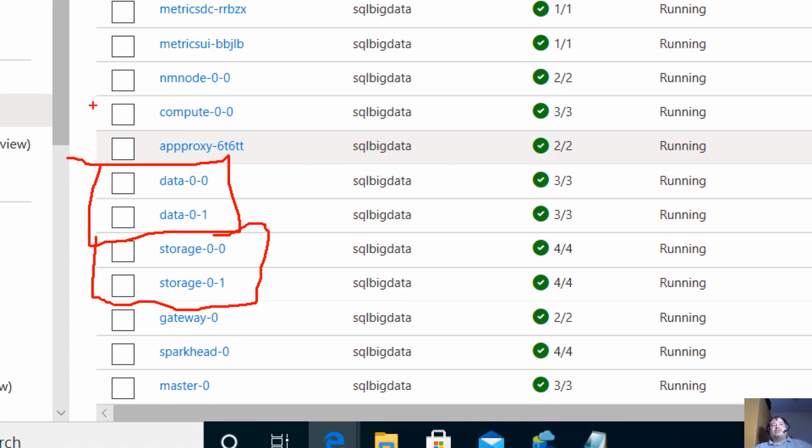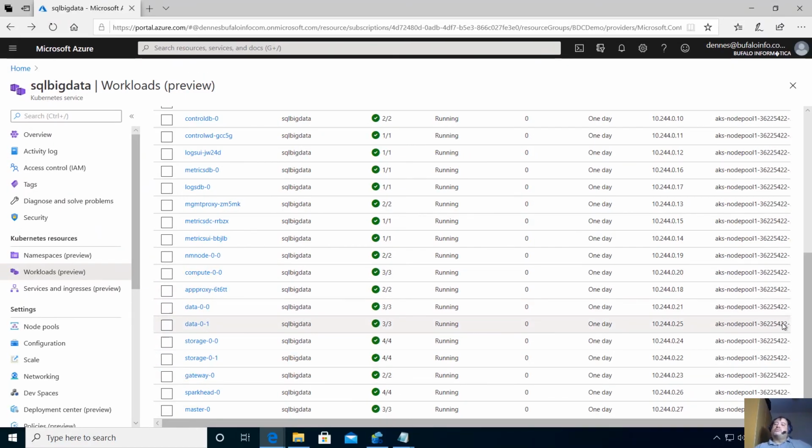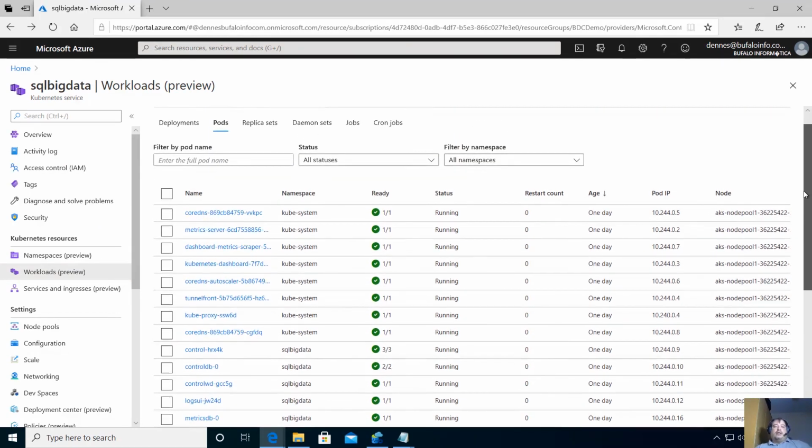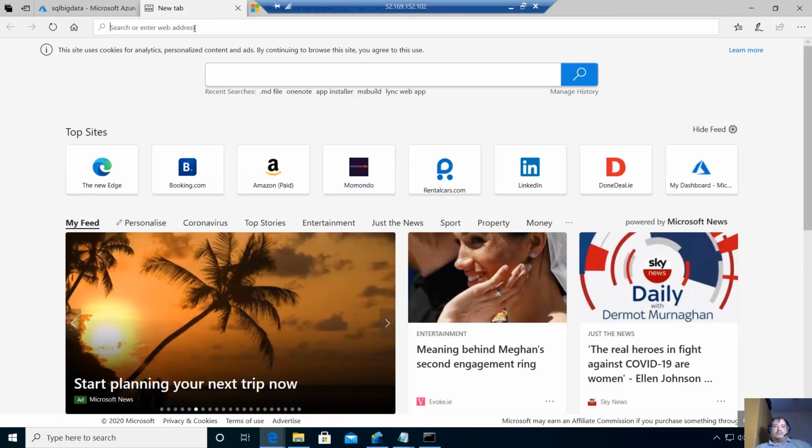But we have only a single pod for compute. Because when I built the Big Data Cluster, I asked for a single pod of compute. It's only for demonstration. Of course, it doesn't make much sense to have a single compute pod. It's just for a demonstration. The other pods are control pods, pods for the master, and for the additional monitoring services, such as